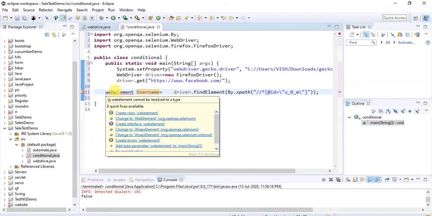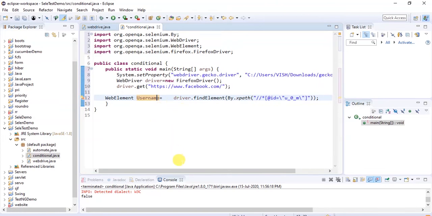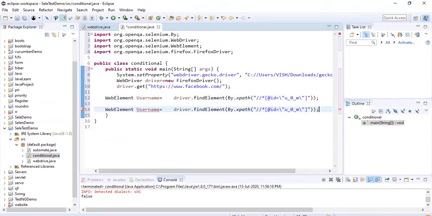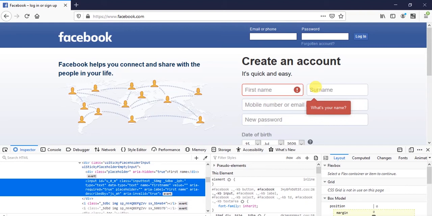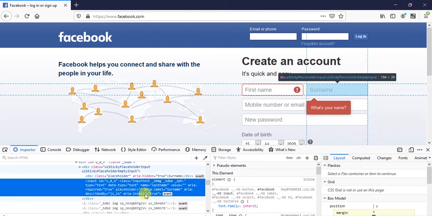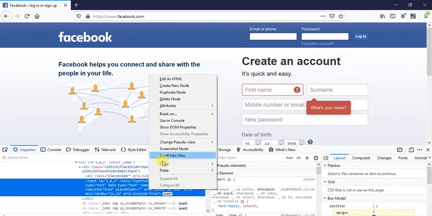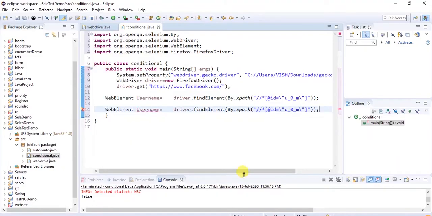Now import this WebElement from org.openqa. The same thing we can do for surname also. For that, inspect this element and copy its XPath, and we can use it in our code, the XPath, and change it to surname.